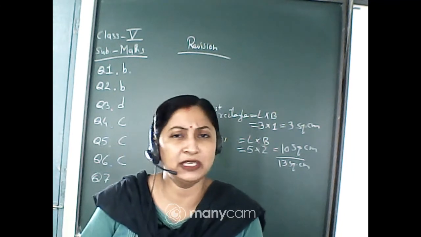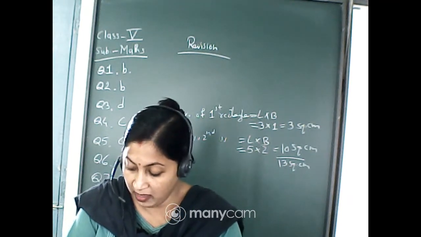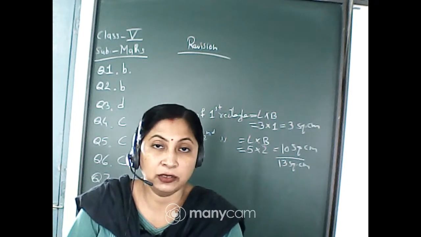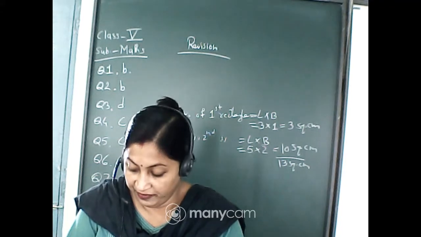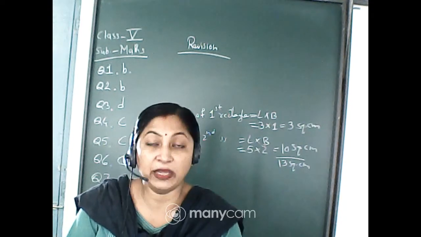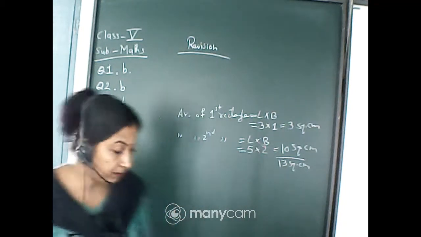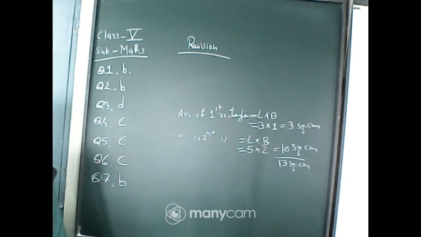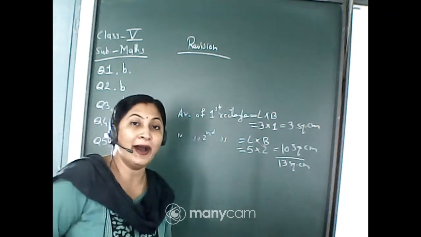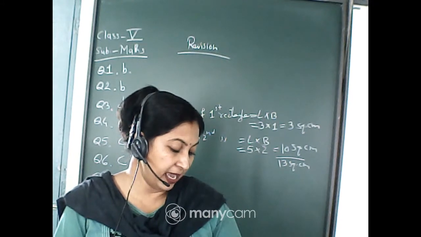So you will just find the area, and area is equal to length into breadth. That means you will multiply 15 into 8. When you multiply 15 into 8, 15 eights are 120. So for question number 7, the answer is option B, that is 120. So 120 pieces are required to make a rectangular quilt. Now come to question number 8.